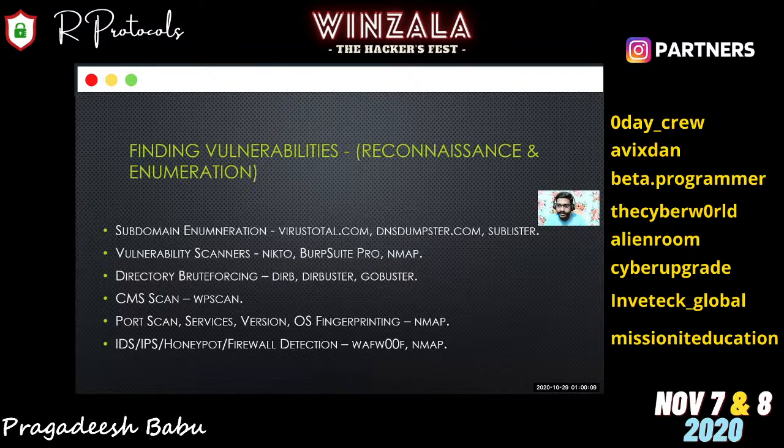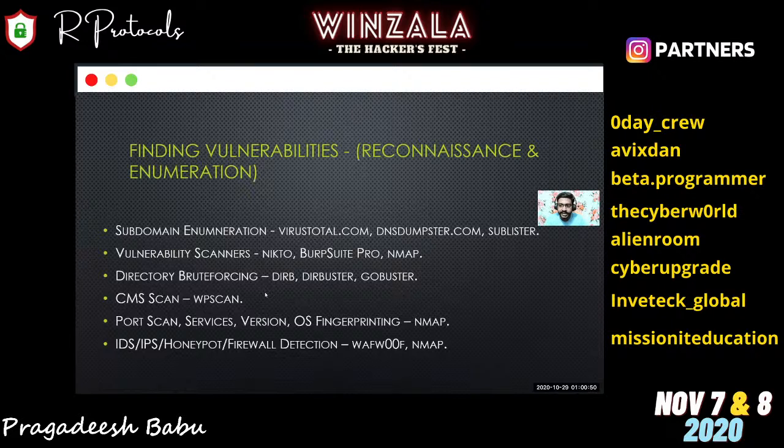With this type of directory brute forcing, what we can do is we can try to find the directories which are present in the server, and we can manually try to open those files using the browsers, and we can try to manipulate in that. Some tools we can use for that are Dirb and DirBuster, all the tools are pre-built in Kali Linux or Parrot or anything else, and you can just give it a try for the tools too.